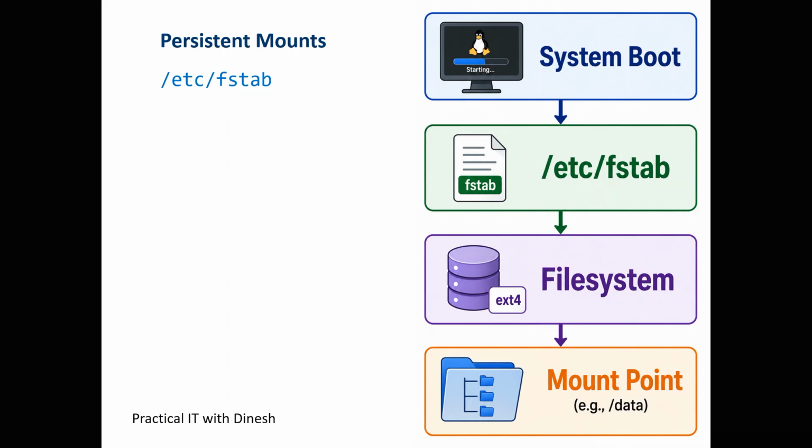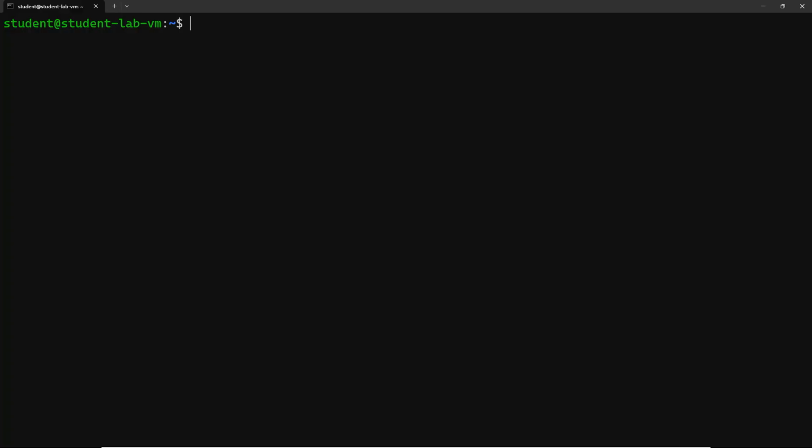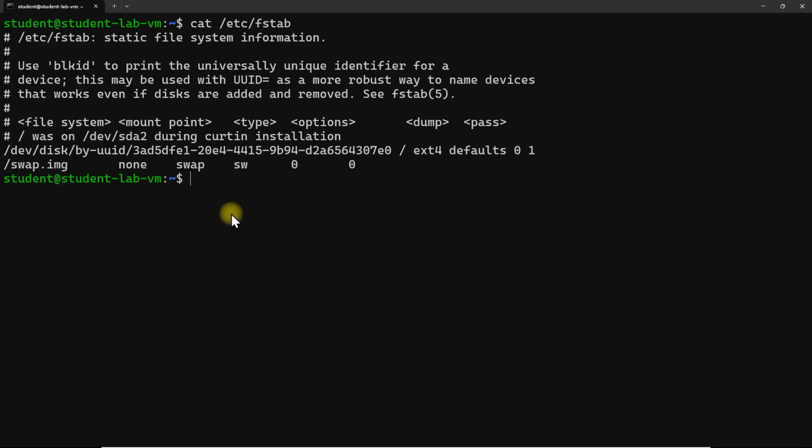There is one more important question. What happens after we reboot? A manually mounted file system does not necessarily get mounted automatically after every reboot. Linux uses the /etc/fstab file to define file systems that should be mounted automatically. To show the contents of /etc/fstab, let us use the cat command. In this file, we can see that the file system is